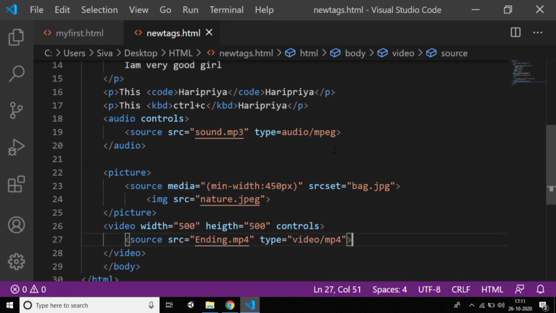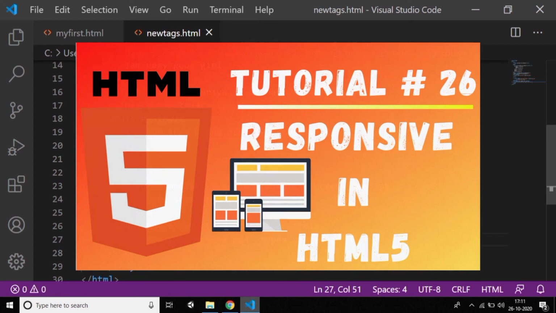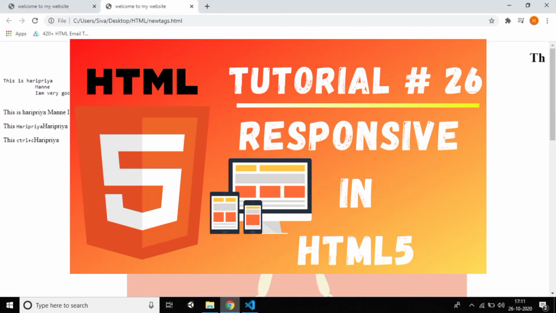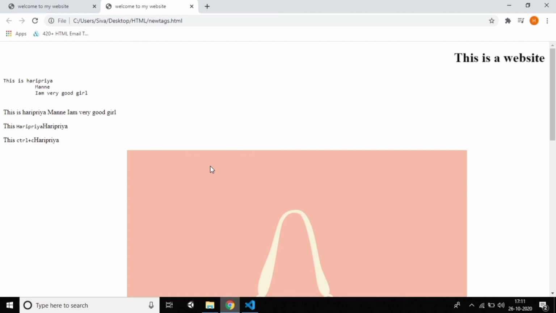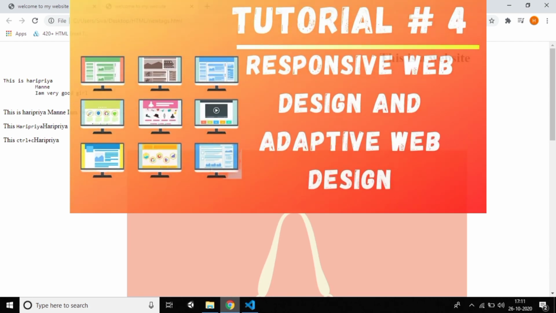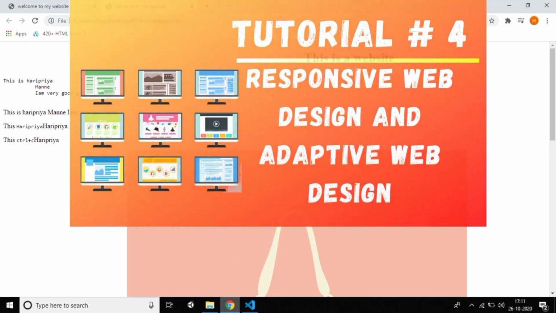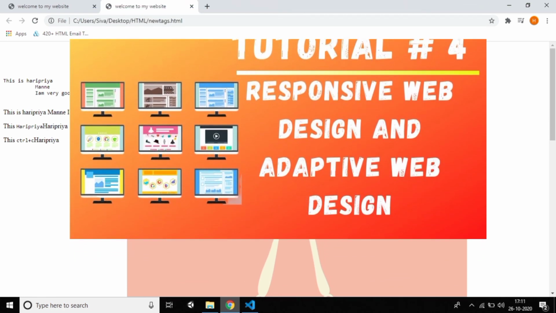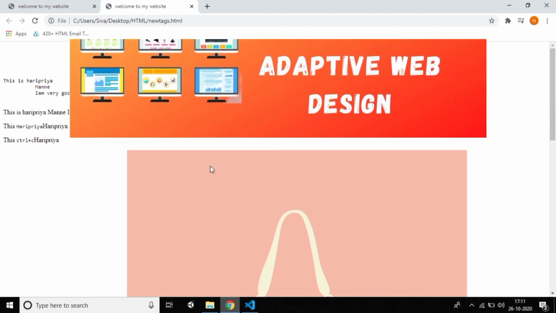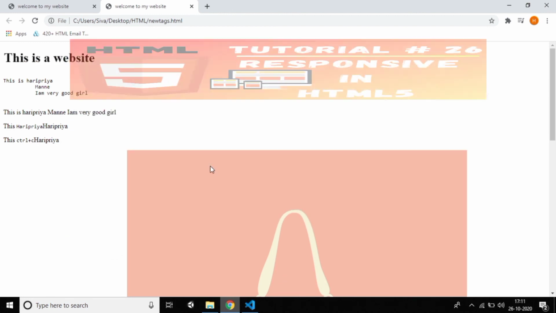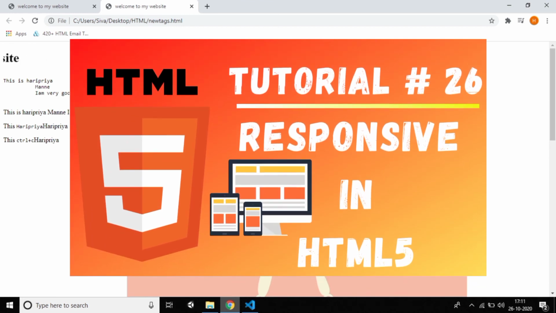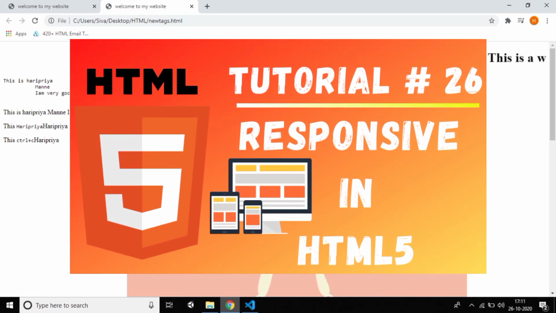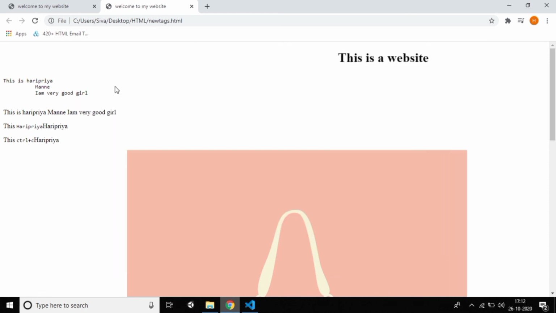I hope you enjoyed this tutorial. I'll come with another tutorial on responsiveness in HTML5. Generally I want it to be responsive. I already explained in tutorial 4 what is responsive and what is adaptive design. So just watch that meanwhile, because you need to know what is responsive and what is adaptive. Then I'll explain how we can do responsive designs in HTML5. The best examples of responsive and adaptive will be explained in the coming tutorial, and we'll work practically. Until then, wait for the next tutorial.